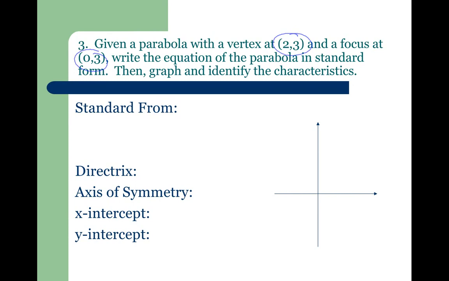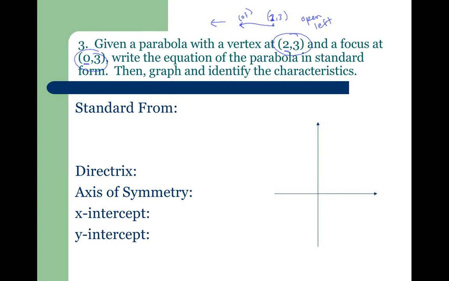So think about this. You have 2, 3, and you have 0, 3. So they're at the same height. My x value is what's changing, right? And so I'm actually going to the left. If I had the point 2, 3, let's say I plotted a point, and then I have the point 0, 3, I'm going to the left to get from the vertex to the focus. So I know that this is going to open left,